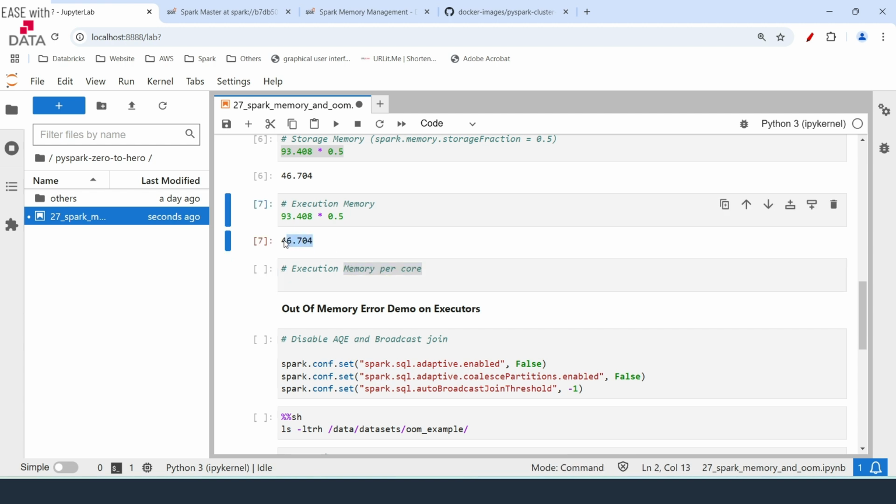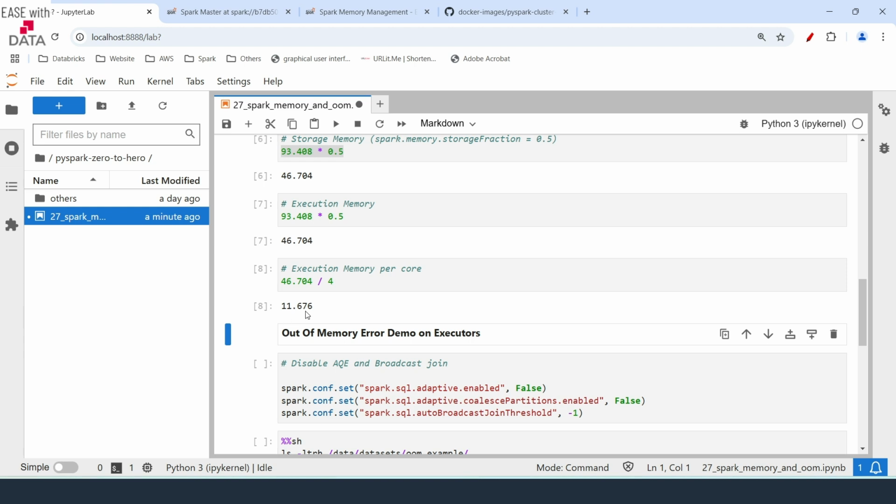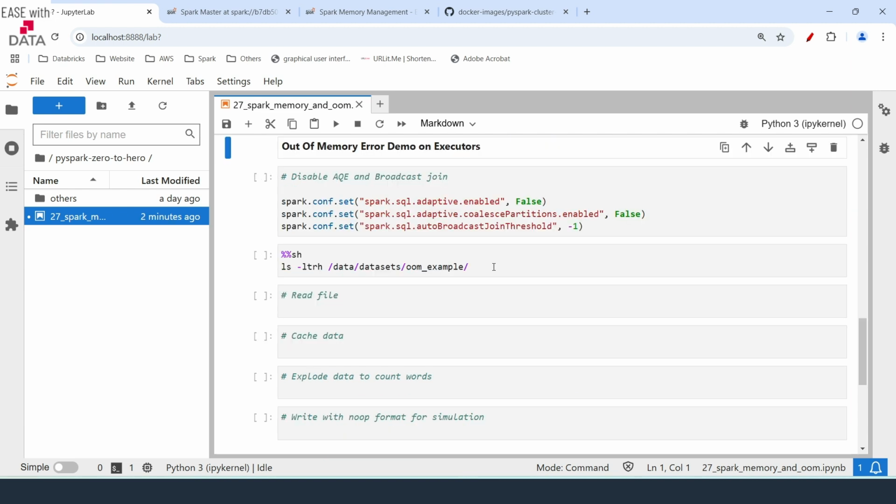So if we see what is the amount of memory available per core, that would be divided by 4. Okay, 11.6 MB per core. But this is not the hard limit. Great. Now that we understand how the memory is divided,